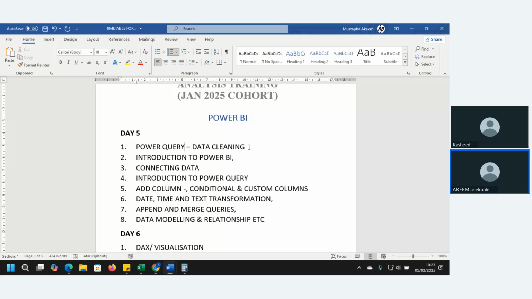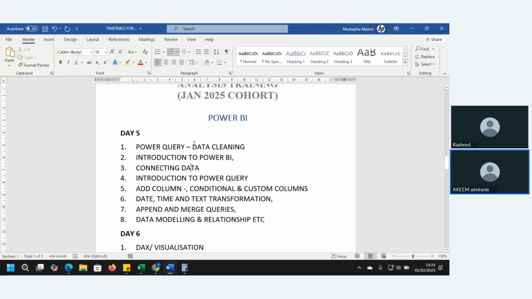We learned Power Query again on the second day. So if you watch the class, you will see how far we are able to at least touch some part of Power Query. So it won't be too new when we get to Power Query in Power BI. How to connect data, introduction to Power Query, and all these will be taken on the day